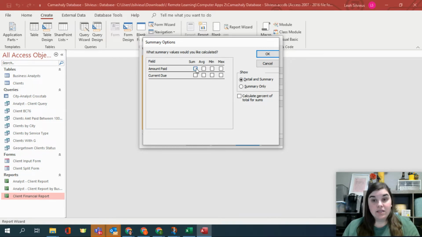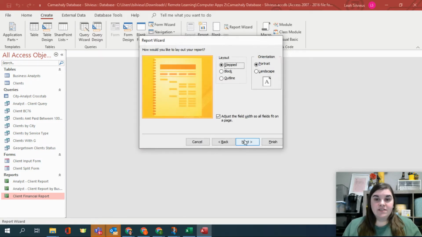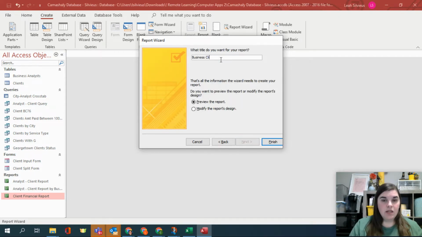So unlike the last video where we went in and added the totals manually, we're going to make the report wizard do it for us so it's ready to go for both amount paid and current due. On the next screen, we're going to do stepped, but we're going to do landscape view because we do have a lot of data and it's probably going to go further across the page than it would go down. And then we're going to name this clients